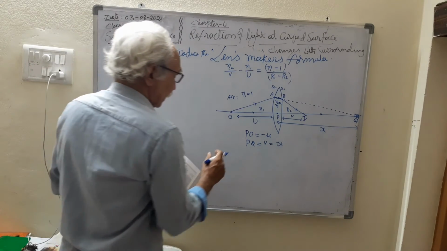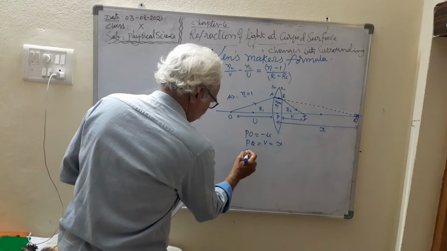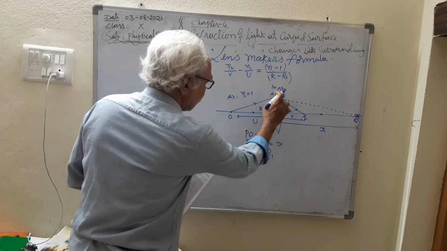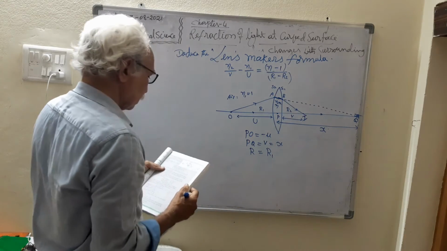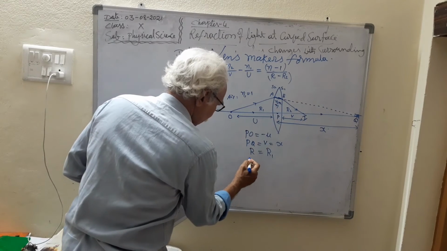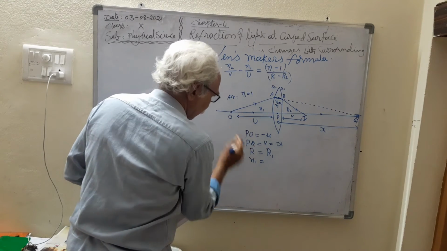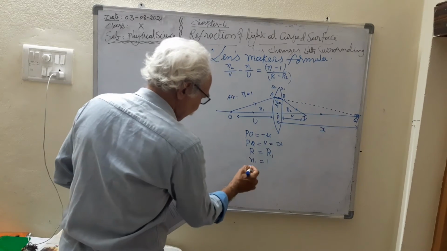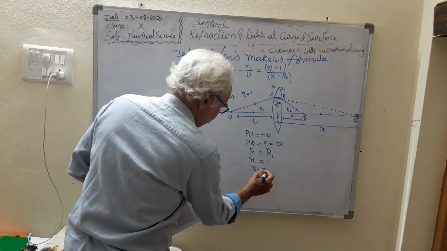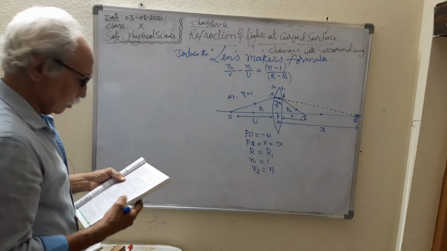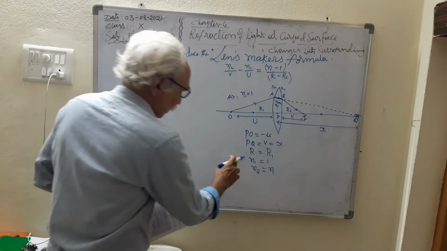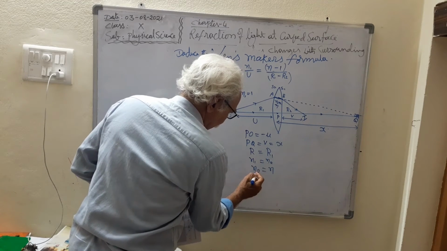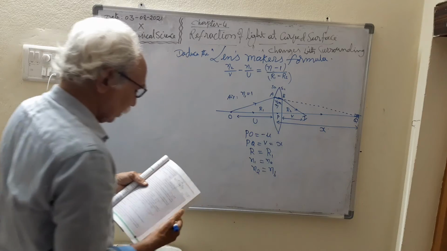Next, radius of curvature. Radius of curvature is equal to R1. For this S1 surface only we are taking it. R1 is the radius of curvature. Now refractive index N1 means the incident ray medium, which is equal to 1 because it is an air medium. N2 is equal to N. Or you can write N1 is equal to NA, the refractive index of the air medium, and N2 is equal to NB, the refractive index of the glass medium.